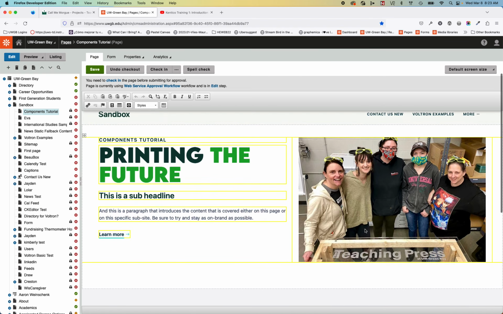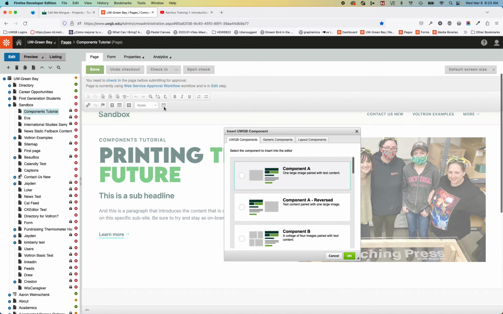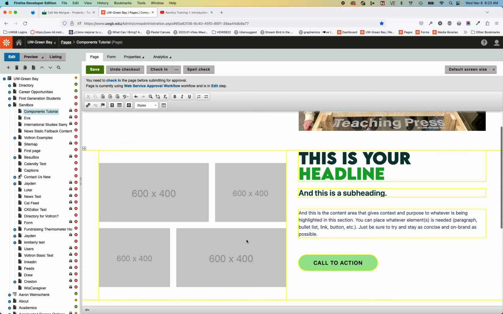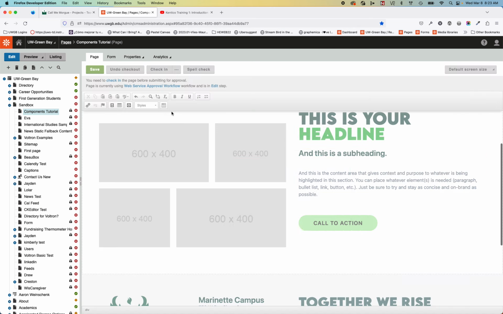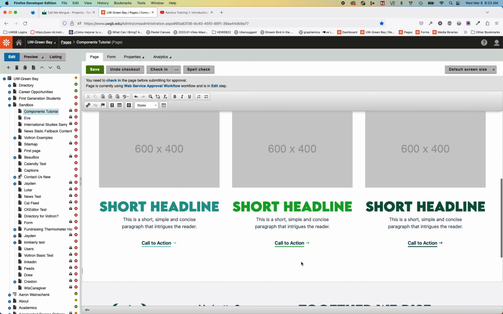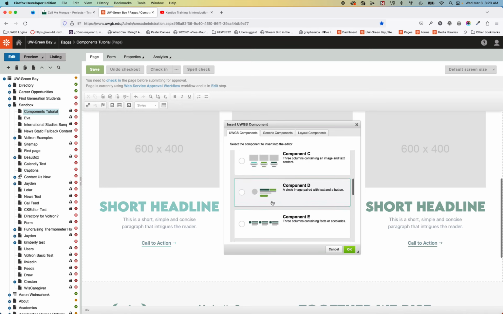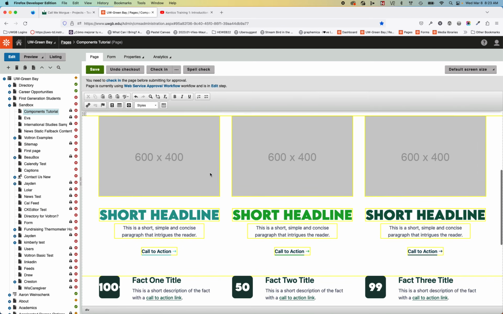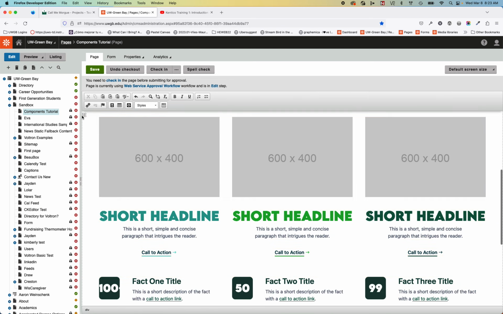So we have our intro block, and now we can insert our cursor where we want to put more components and open up our component menu again. We could put in, like, say, a component B at this point. If we want to have a 4 photo block, we can insert our cursor and put in some of these other components. Maybe we want to have 3 column photos. Maybe we want to have our fact icons. I don't really like how the two of these look together, so I'm going to go back here